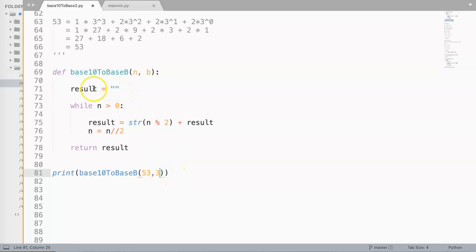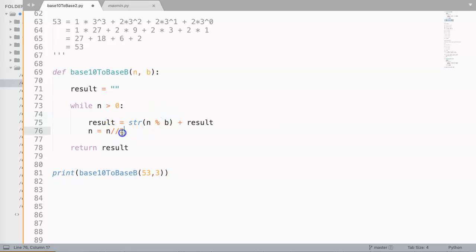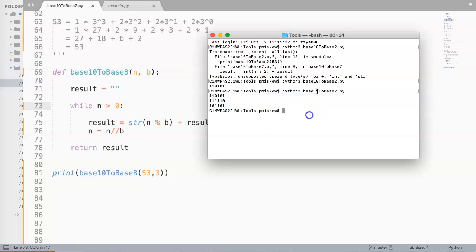Now what happens? It's the same idea. I have this result string that I'm going to construct. I'm going to loop as long as n is greater than 0, but I'm not going to mod it by 2. I'm going to mod it by 3 if I want base 3, or b if I want base b. And I'm not going to integer divide by 2. I'm going to integer divide by 3 if I want base 3, but by b if I want base b. And that's it. Now if I save this and run it,